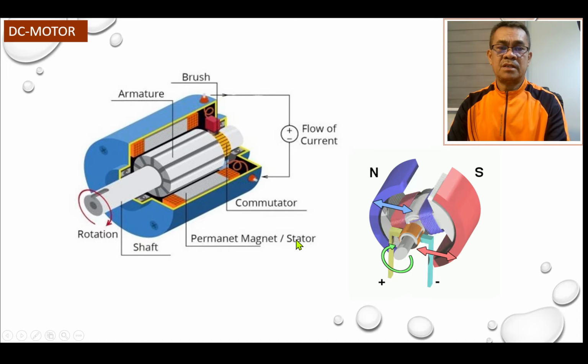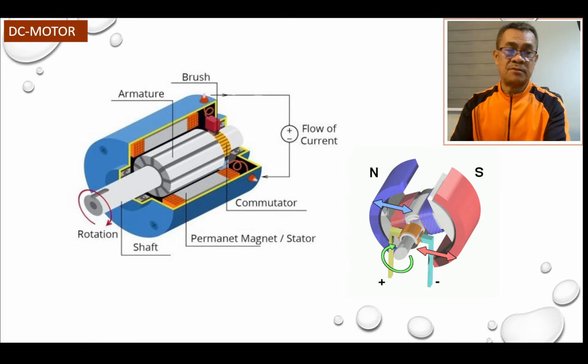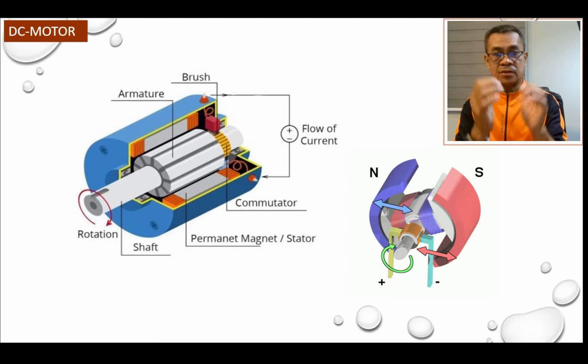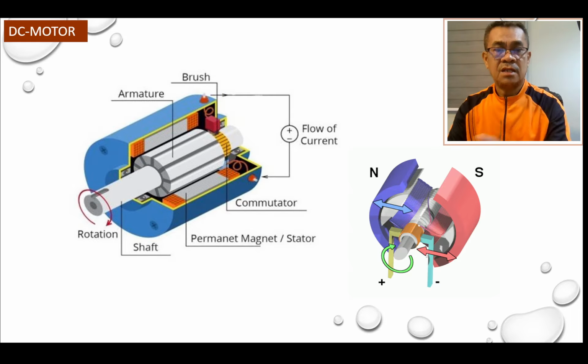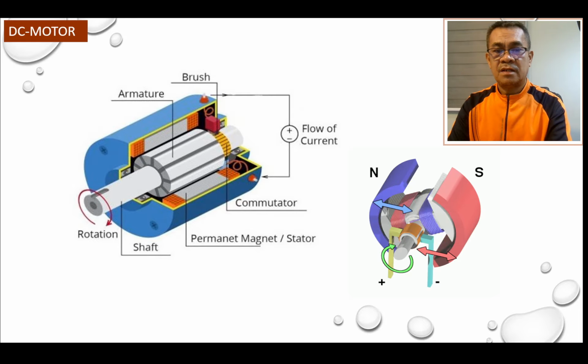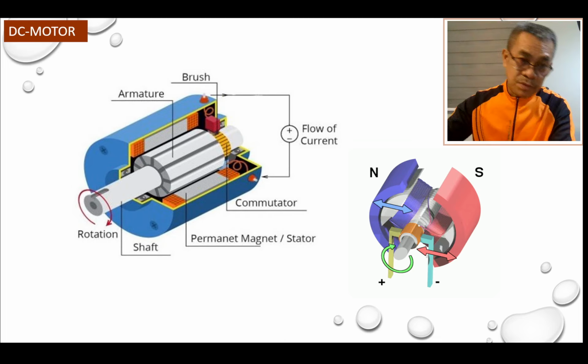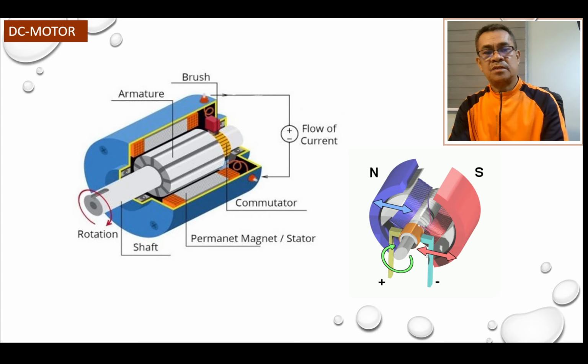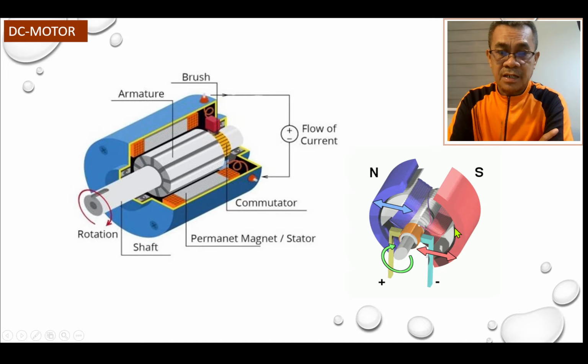Another part of the DC motor is the permanent magnet, or stator. Here we have the north and south, because the magnetic field will be directed from north towards the south. If you have north facing north, the same poles, then it repels, so the motor will not work. The magnetic field should be in a direction that crosses this system. The purpose of the permanent magnet is to provide an external field.